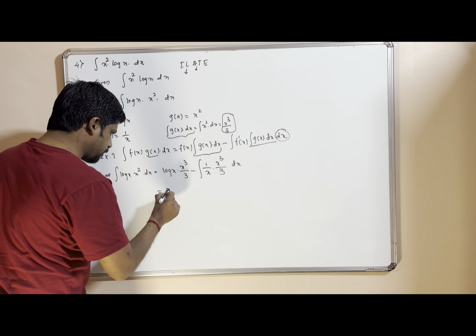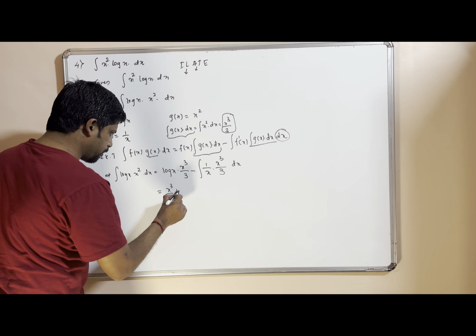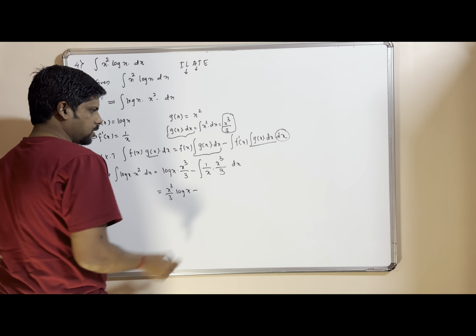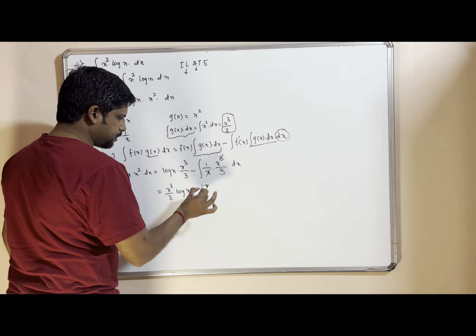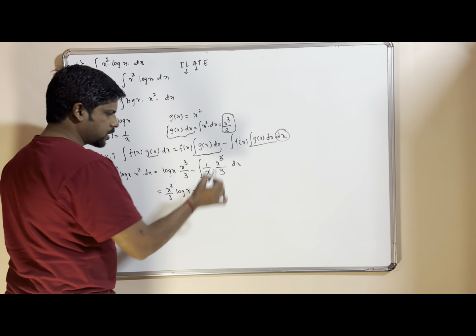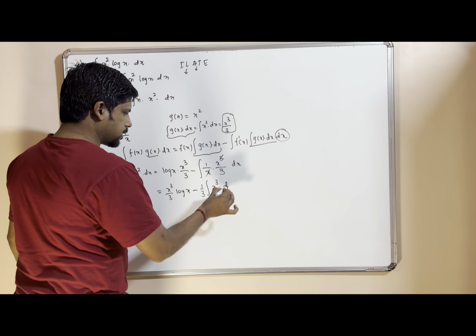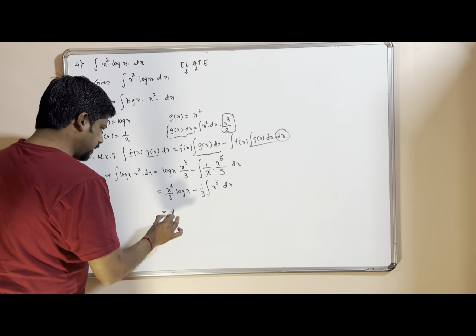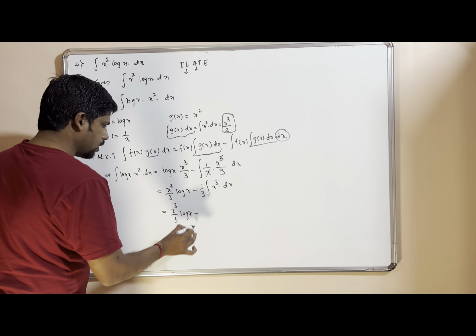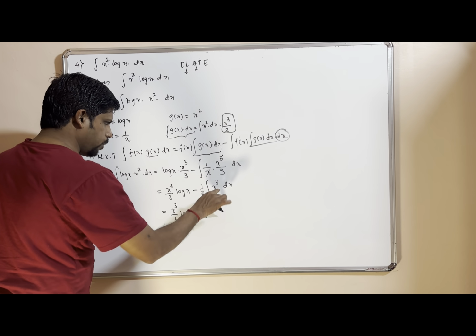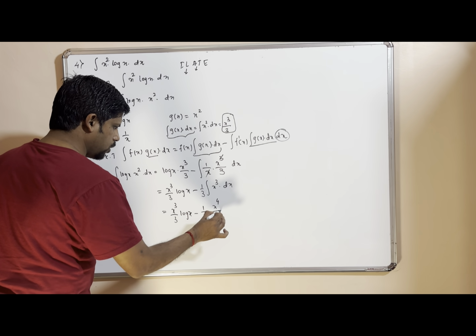First term as it is, x cube by 3 log x minus, here 1 x gets cancelled, 1 by 3 is constant outside, we remain with integration x cube into dx, right? So x cube by 3 into log x minus 1 by 3, x cube with integration, x to the power 4 divided by 4